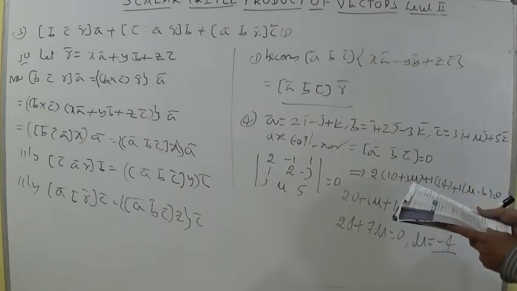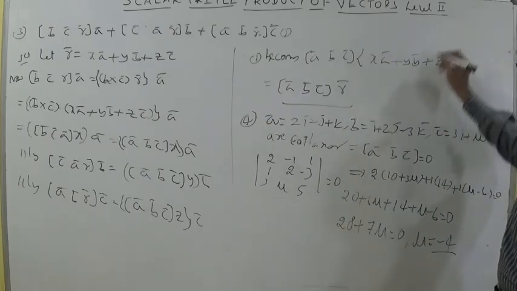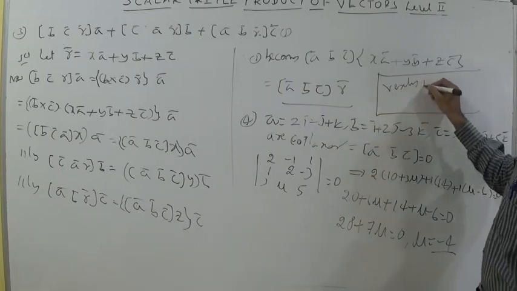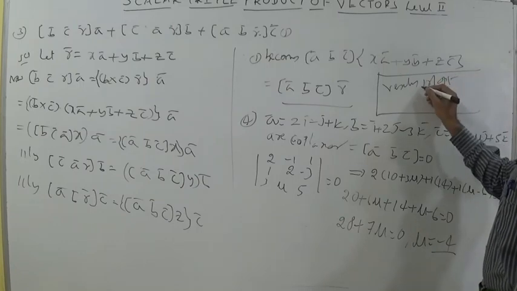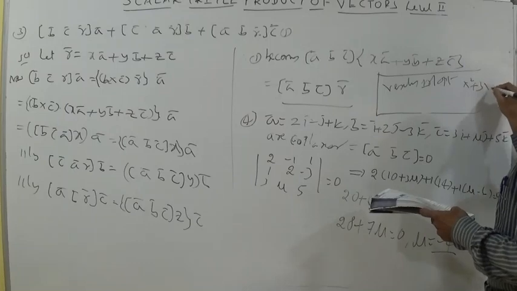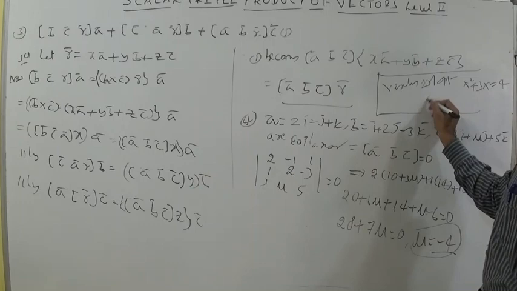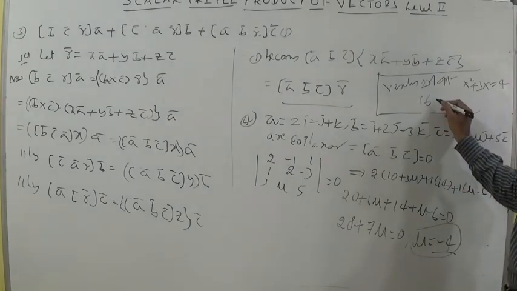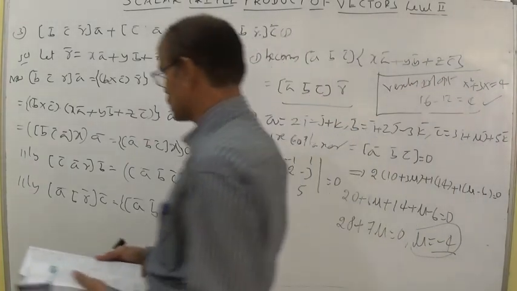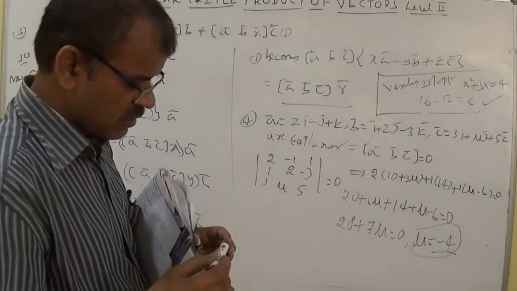He is asking which equation has mu as a root. Let us verify the first option. Option 1 is given as x square plus 3x equal to 4. Substitute the mu value minus 4 here. It becomes 16 minus 12, that's equal to 4. No option other than the first option will be satisfied. That is why we verified that one as the first option.